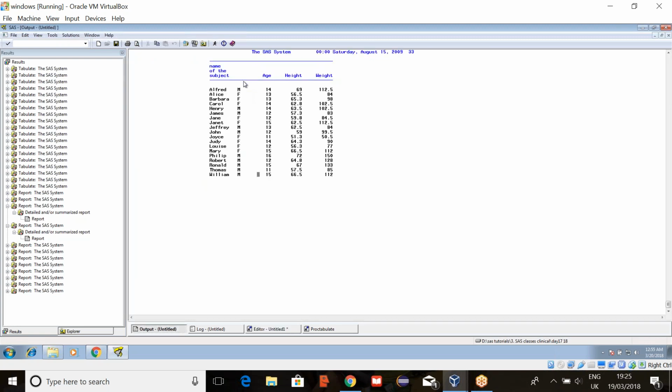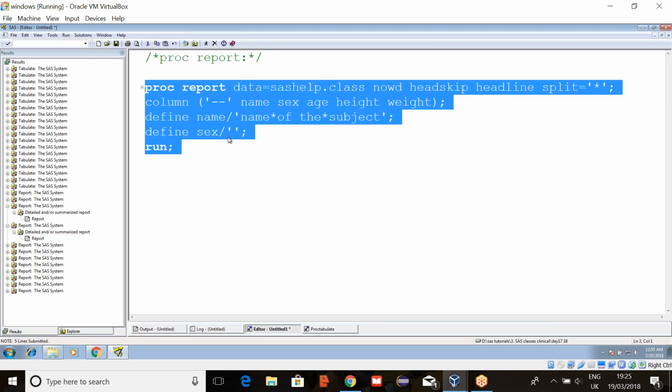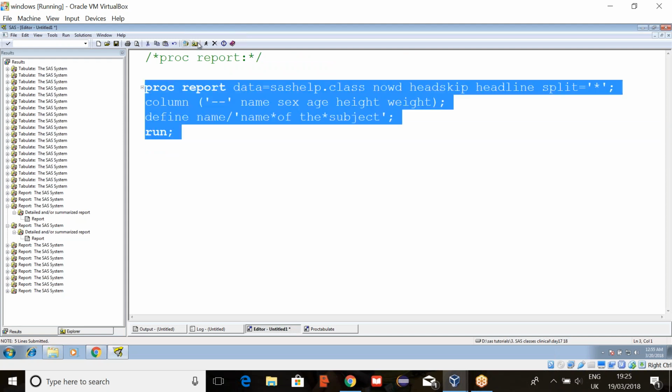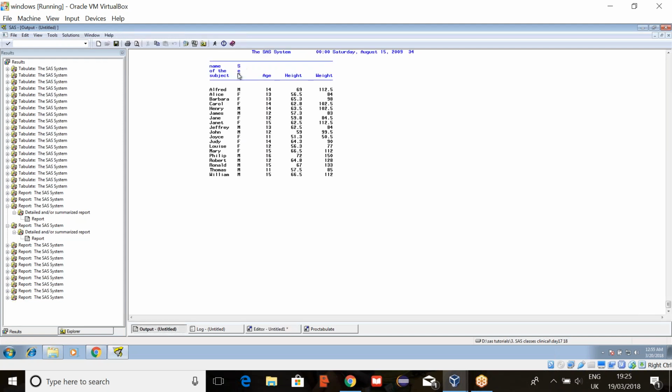So if you want to increase the width of this variable, see here, it is not printing in a vertical manner, horizontally, right? Because the length is only 1 here.